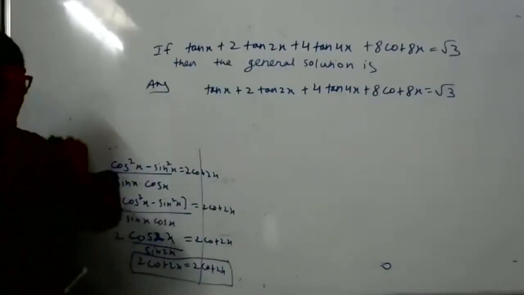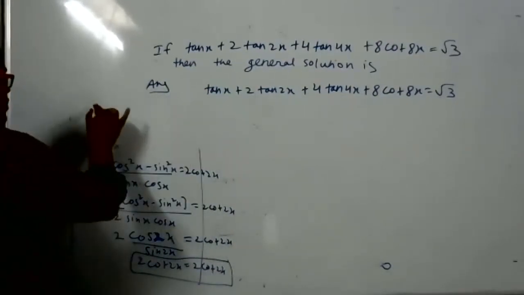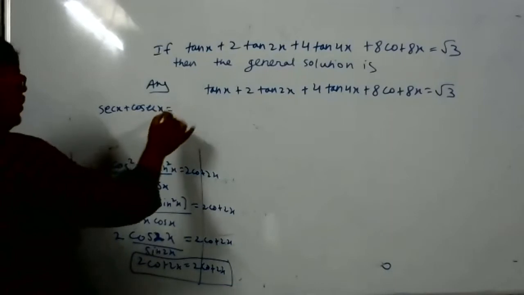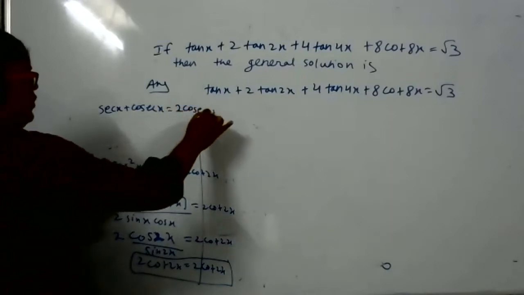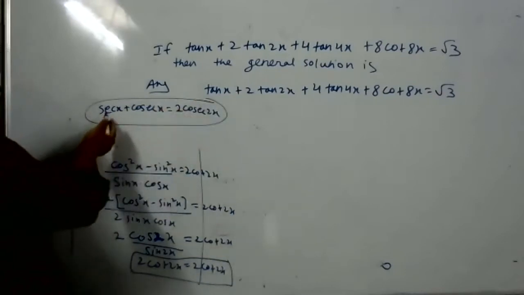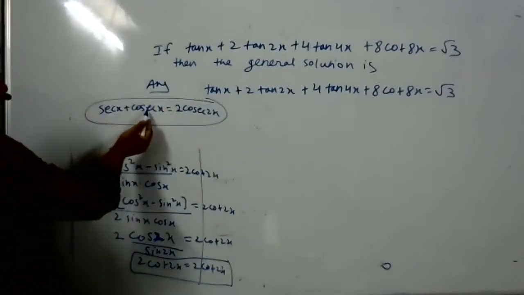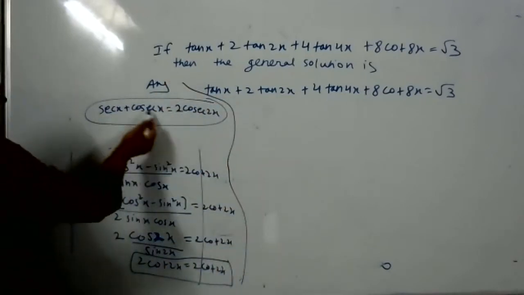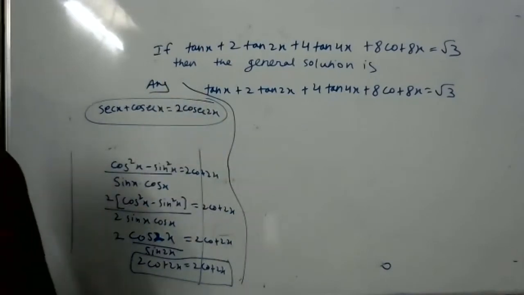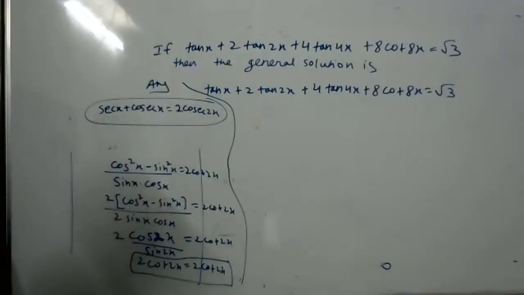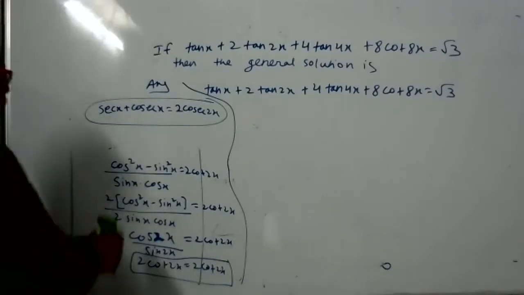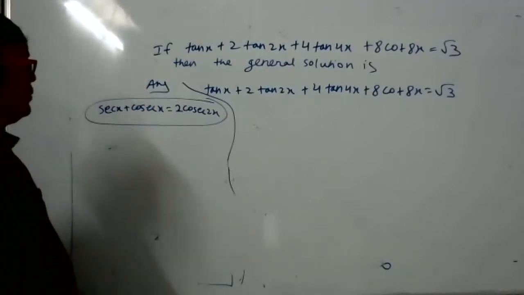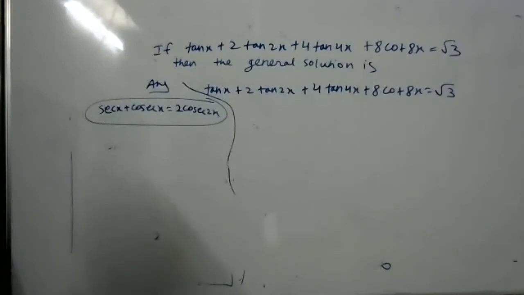Now one more formula you can write, which is still used very less. Like if somebody asks you, secant x plus cosecant x is equal to what? So you can say it is equal to 2 cosecant 2x. No proof. Proof you can do yourself. Same way, write secant x as 1 by cos x, cosecant x as 1 by sin x, and you can proceed. Very rarely these formulas are used. Secant x plus cosecant x is equal to 2 cosecant 2x. Very easily you can prove it from the left hand side. This was only the formula. Shall I erase the board?